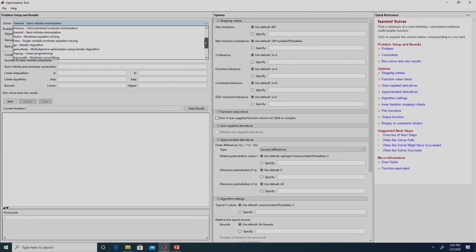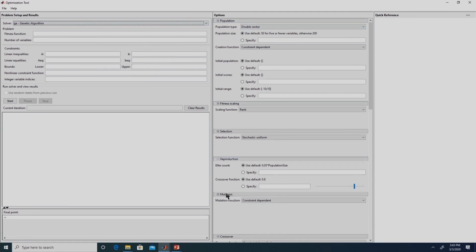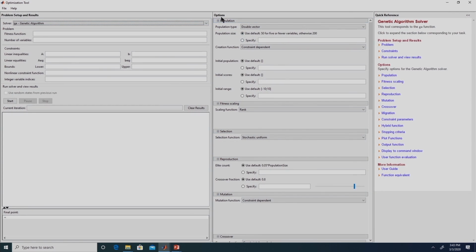Let me say that I select the GA function. If I select the GA function, you can see these are the various options. When we learnt the inbuilt function GA, you would have seen that we did not even specify the number of iterations, the population size or anything. That is because MATLAB by default has some values. These are the options that are given to the user. For example, we can change the population type. There are various types of population, and we can also define our own population.